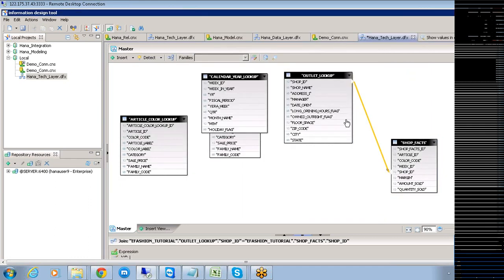Click on OK, and a relationship will be formed between the outlet lookup and the shop facts, which is the join established between these two tables. Is it clear?